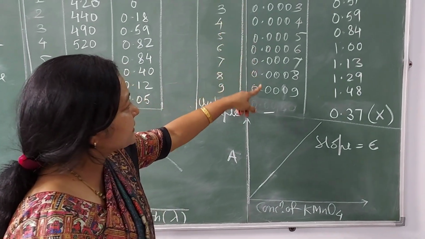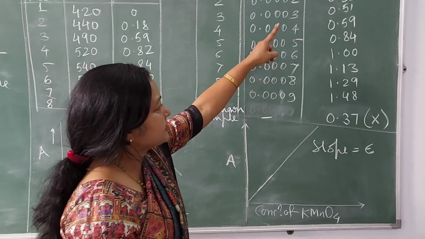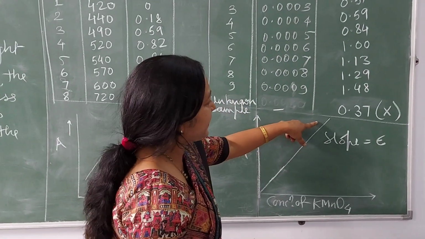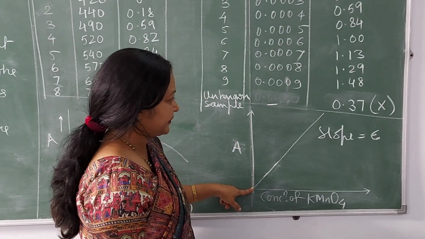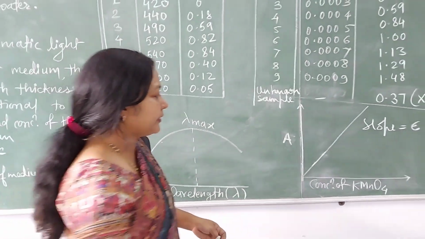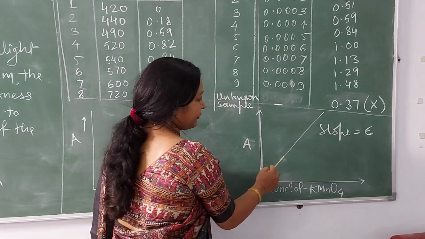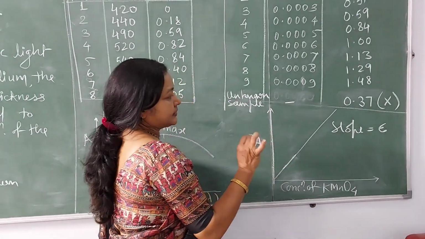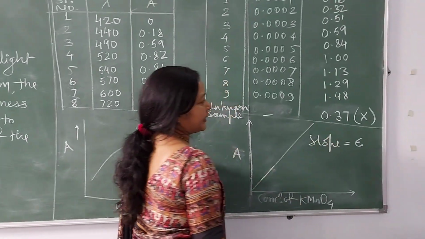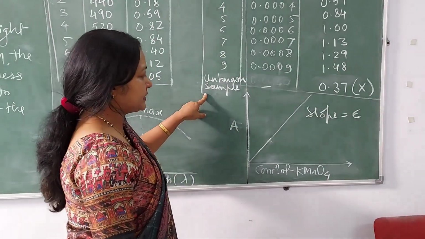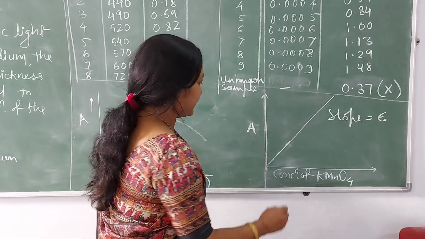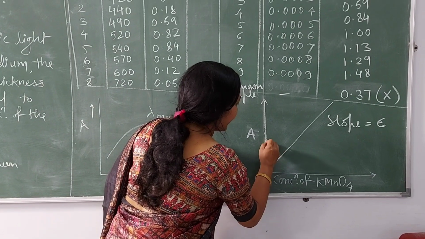For all these different concentrations, as the values are continuously increasing, we will get a straight line passing through the origin. If we are getting a straight line, that means Beer-Lambert's law is verified. And now if we want to find out the concentration of the unknown sample, we obtained the absorbance to be 0.37. So in the y-axis,